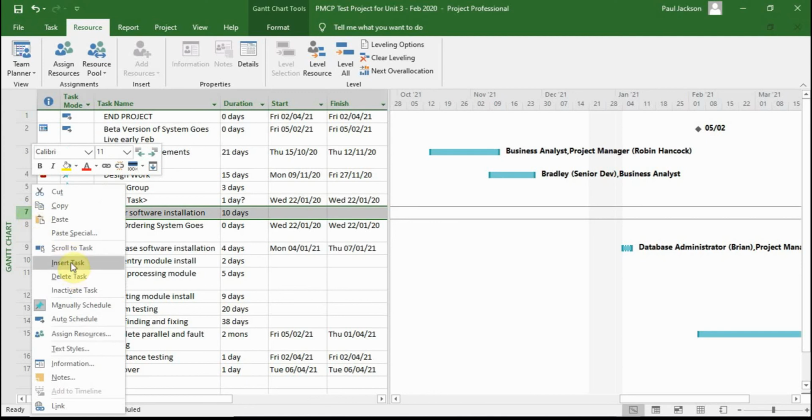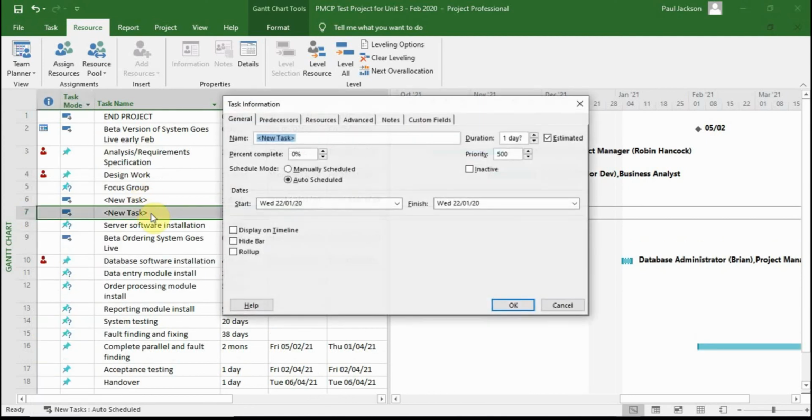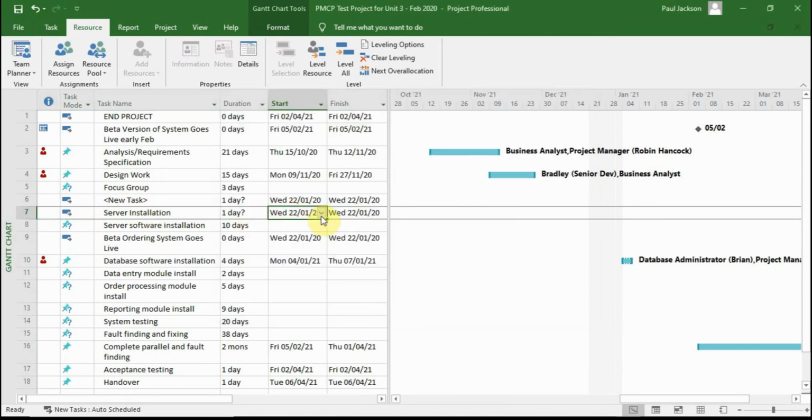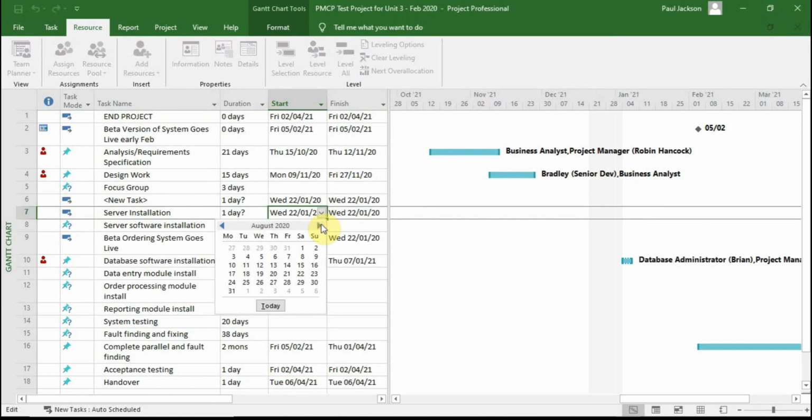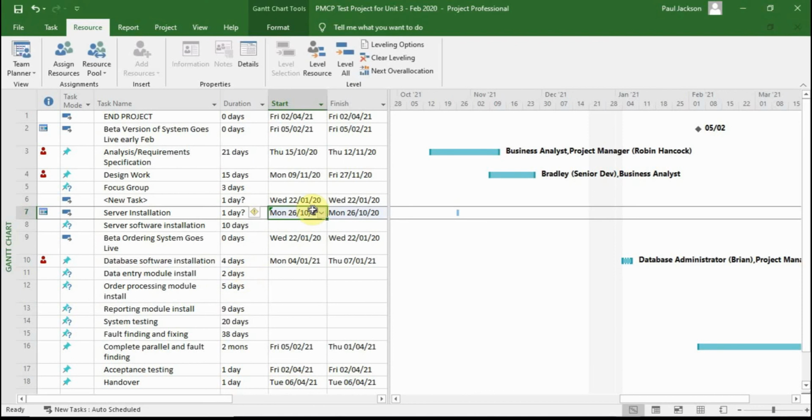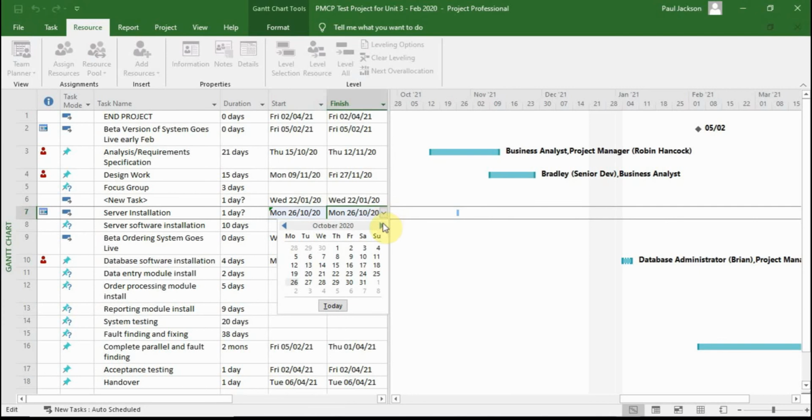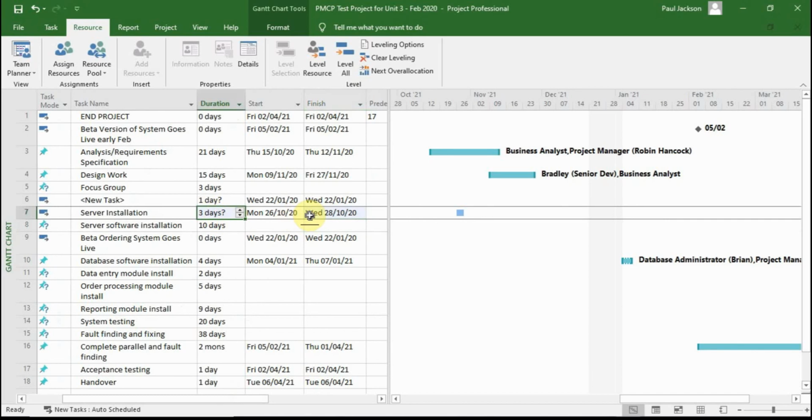But if I go above that, I'll insert a task above, and I will say this is the server installation. Okay, and let's think. All the planning and all the blah blah is happening in October. I think it would be quite reasonable, as the server itself doesn't actually really benefit from the analysis stage, but we could say, for example, it could be installed on 26th of October, and so that has occurred there. I believe it's 2 days, so I put that in there,